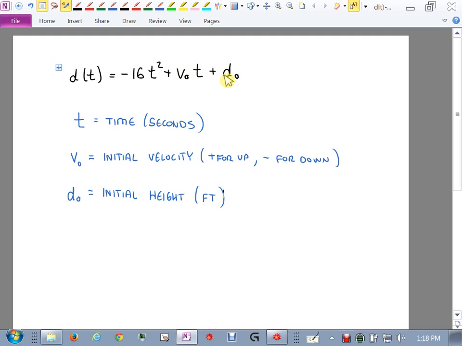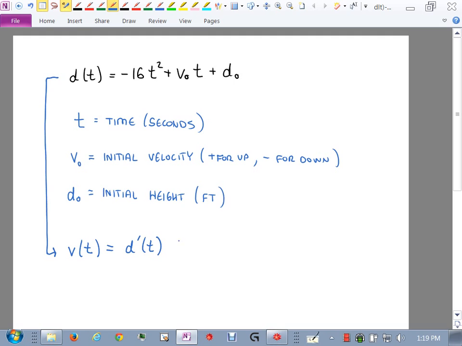Right? So if this is the scenario, then can you tell me what the velocity of the object will be at every point in time? What will it be? Well, I just told you, if you know the position at every point in time, then you can always get the velocity by doing what? Taking the first derivative, right? Taking the first derivative. So this would be d prime of t,